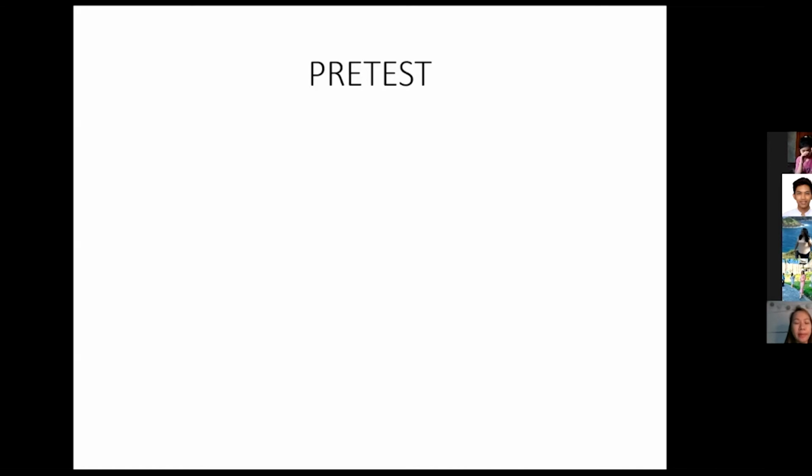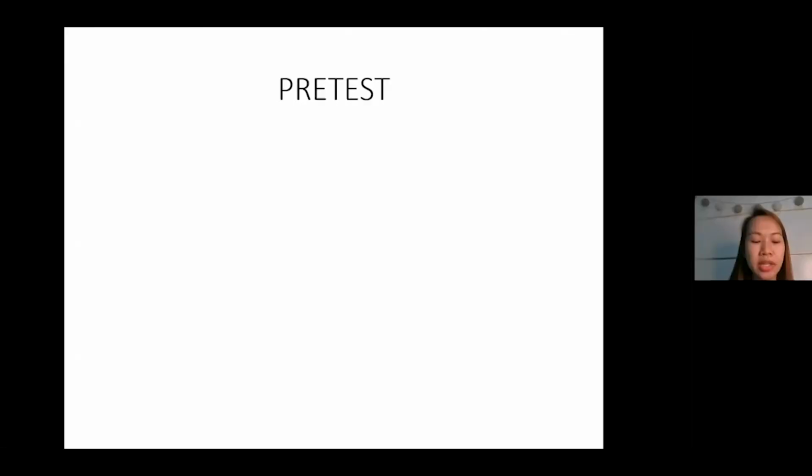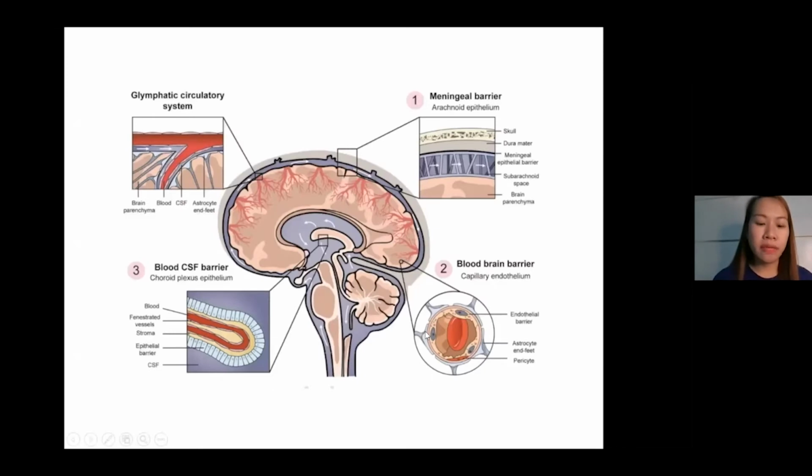So anyway, as I've been mentioning earlier, we're going to discuss cerebrospinal fluid, autoregulation of the brain, the blood-brain barrier, of course, the blood-CSF barrier, and other matters that are related to these topics. So here, we're going to start off with this